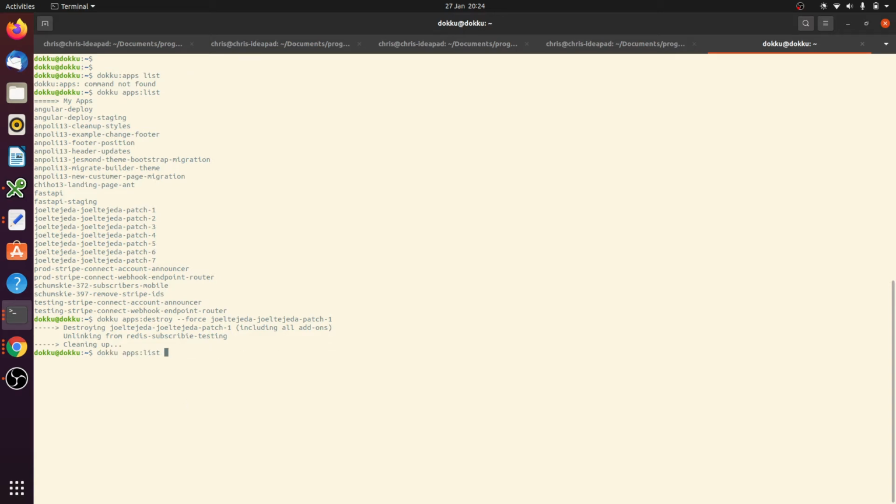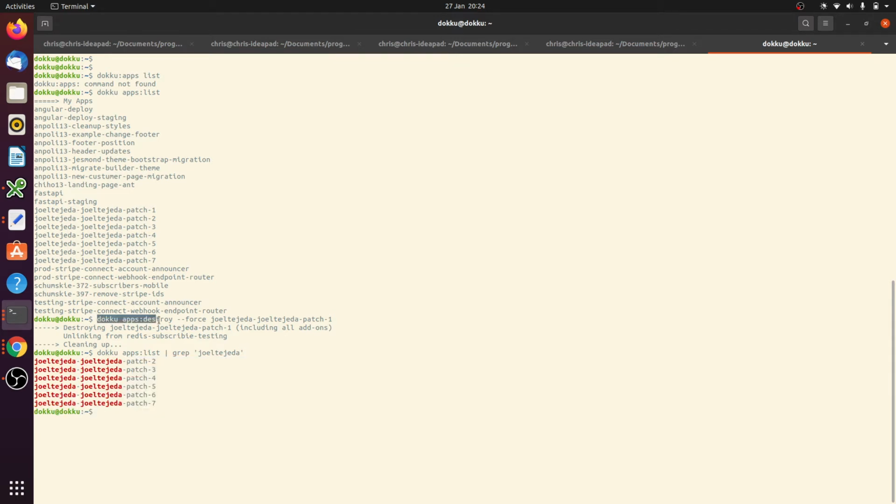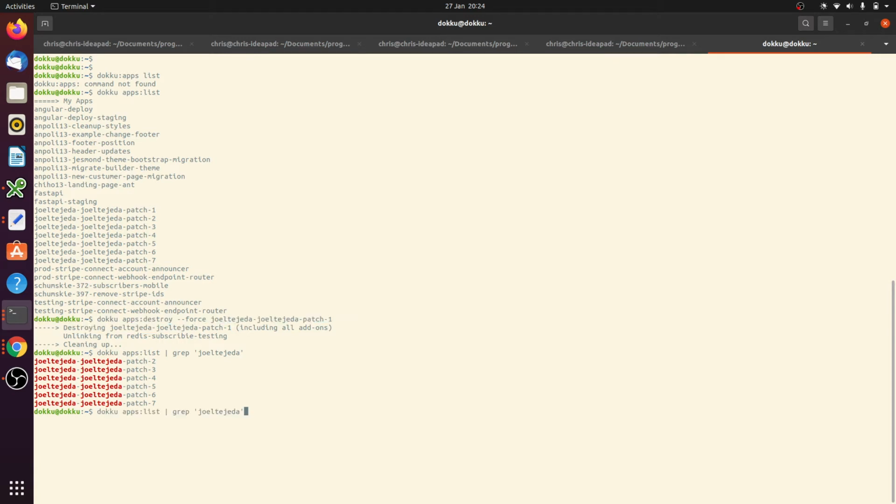So first we will use grep to just get a list of all of the items that we want, because we don't want this at the top. Let's say we want to delete all of the deployments that begin with Joel. So we'll say grep for Joel, and now we have a list of all of those. And what we want to do is say apps destroy force each one of these, and that's where xargs comes in. So we can say xargs,